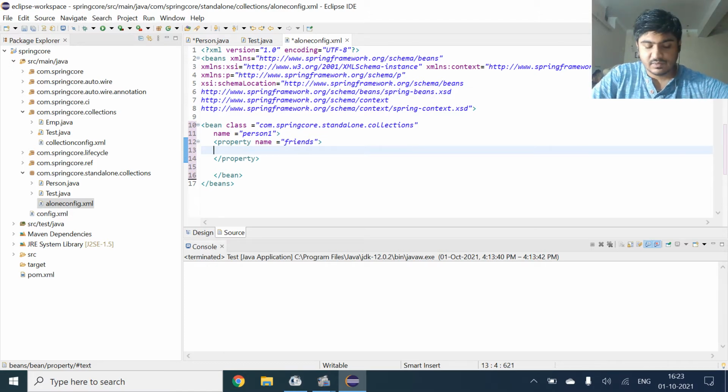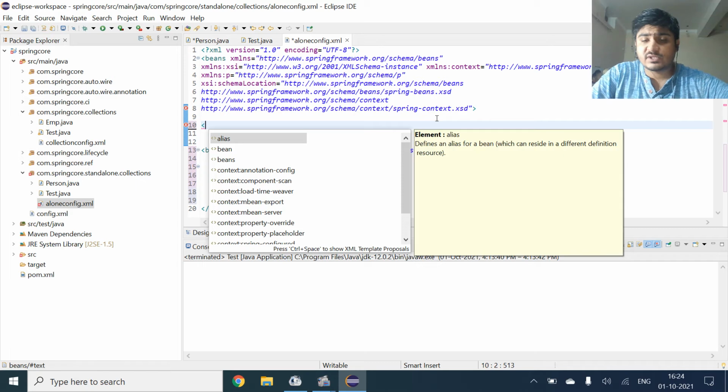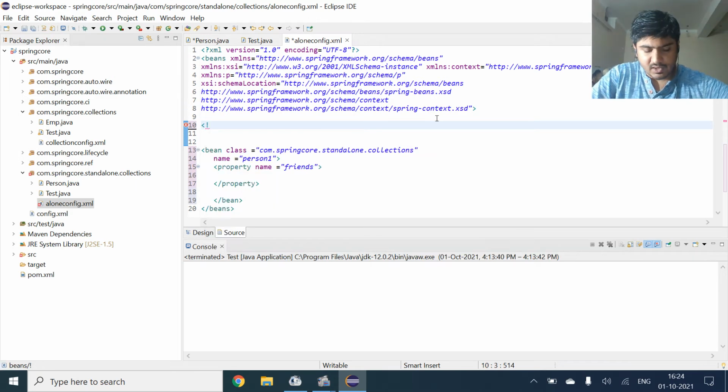What we will do is we will create a util schema. If we want to use util schema, what is the procedure for that? Basically we have to use util schema, and this is the procedure. I'm just commenting this so that we can get the reference for future purposes.